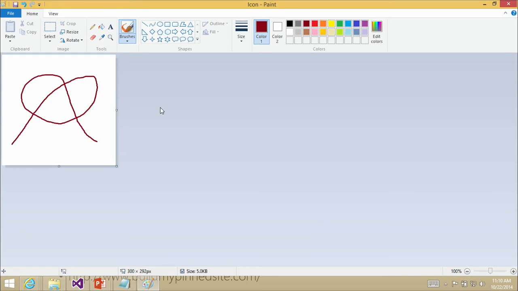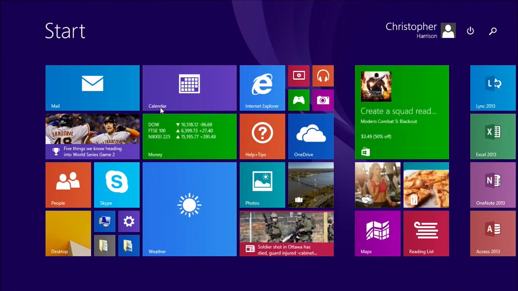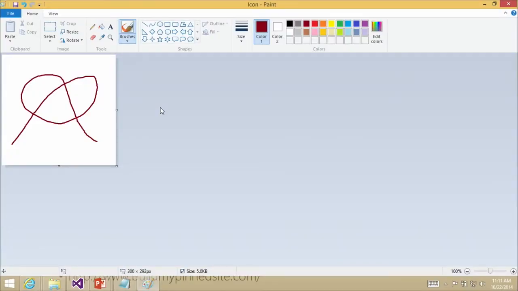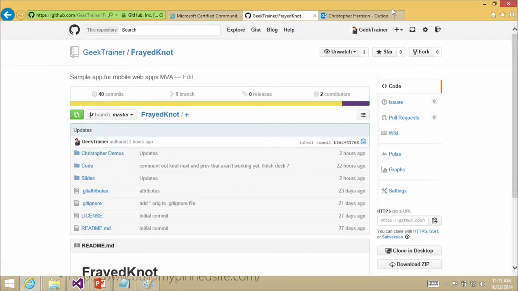Now, what I want to be able to do is take advantage of the live tile capabilities inside of Windows. If I go back to my start screen, you're going to notice that things are happening here. It's automatically updating my screen, showing me different pictures and images based on the information that those apps want to push out to me. That's really cool, and I can do that without actually having to create an app. But there are a couple of resources that I'm going to need, and all of those are going to be available at